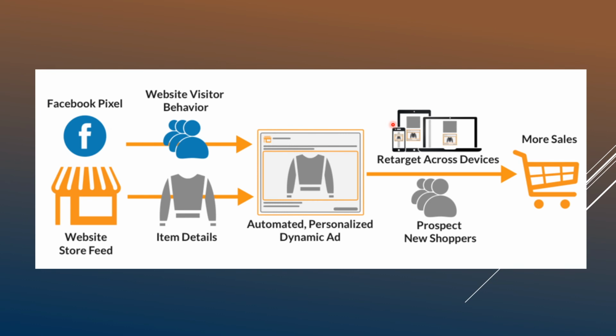And on the Facebook side, you can do something similar where you can install a Facebook pixel, and then when people visit your website, they will be added to a bucket, and then you can show them personalized dynamic ads, which will be retargeted across multiple devices that will help you to convert them into customers. So Google and Facebook, both of them provide dynamic remarketing, but there's a lot of setup involved, and if you don't know how to do that, let me know in the comment section.